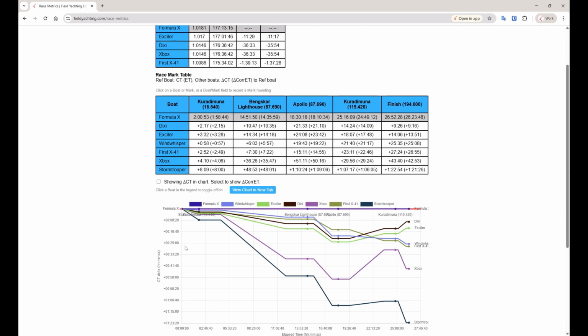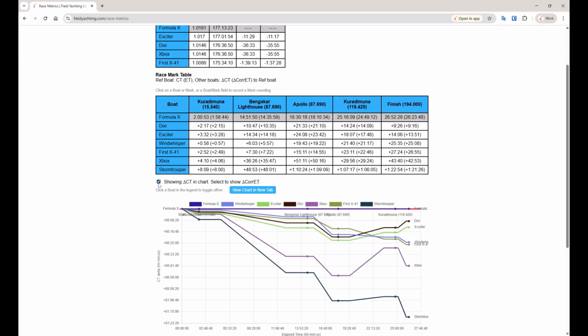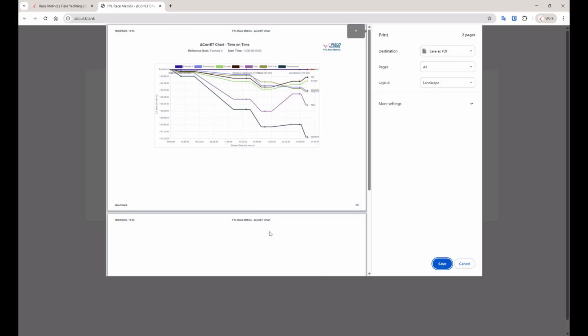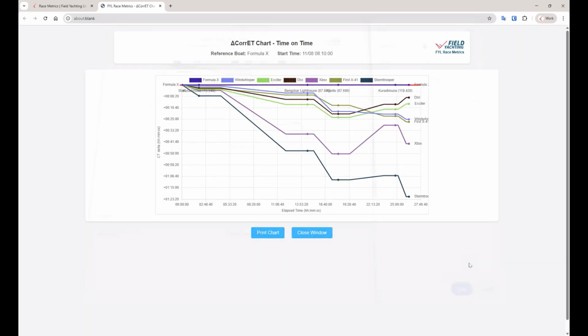This chart and these time offsets are in corrected time. You can view them in elapsed time as well by simply clicking on the button, and it shows these time differences in the elapsed time portion of how far ahead or behind they are. You can view this chart in a new table and print it if you wish, save it as a PDF for distribution,